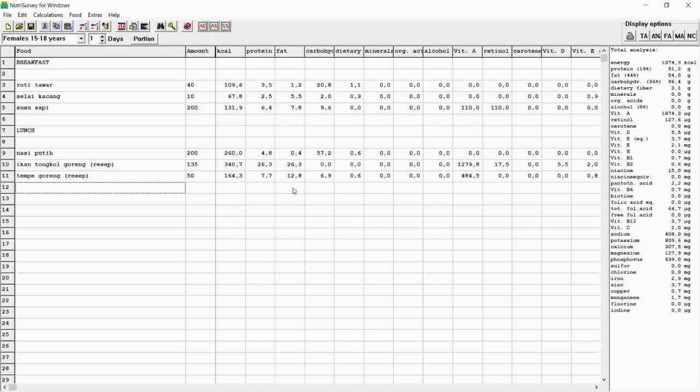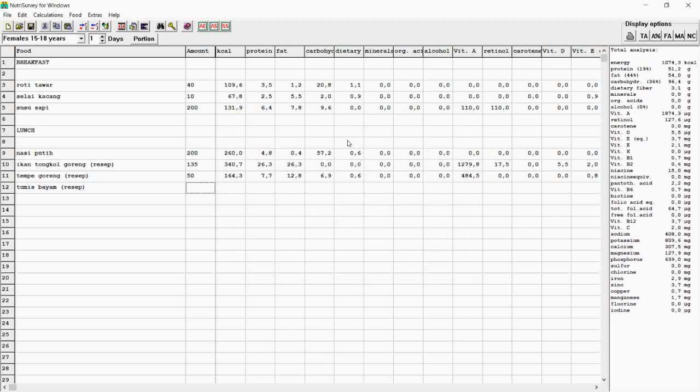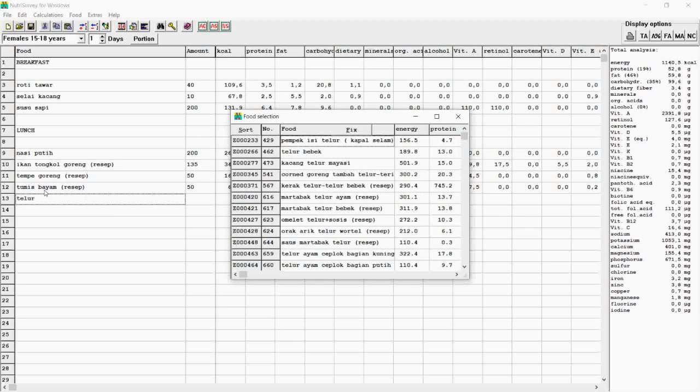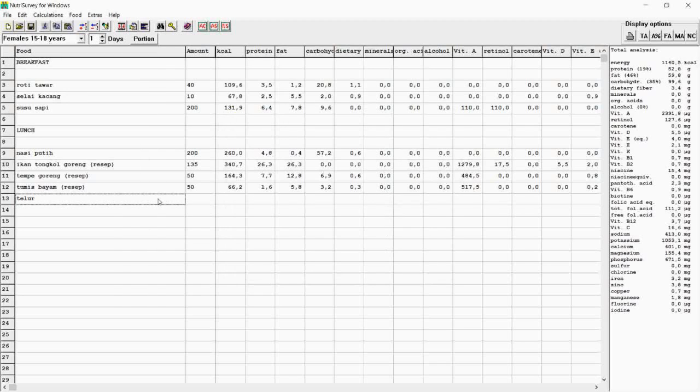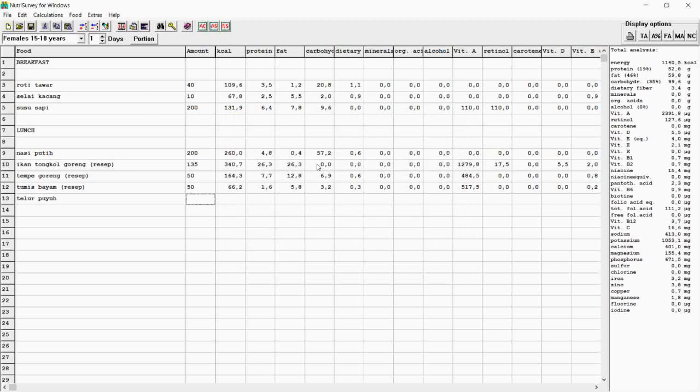She also ate vegetables in the form of saute, so it's sauteed spinach, with 50 grams. Alongside the sauteed spinach, she also mentioned she ate a quail egg, 20 grams.